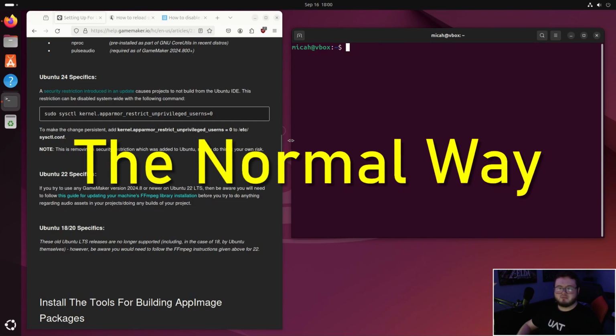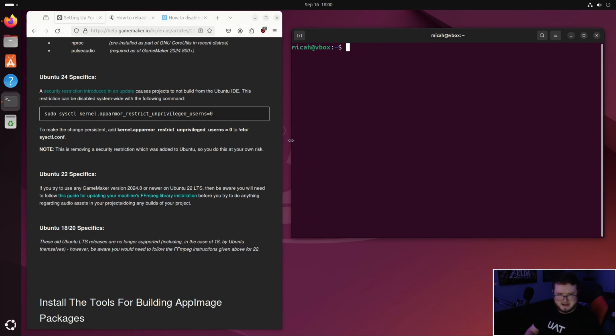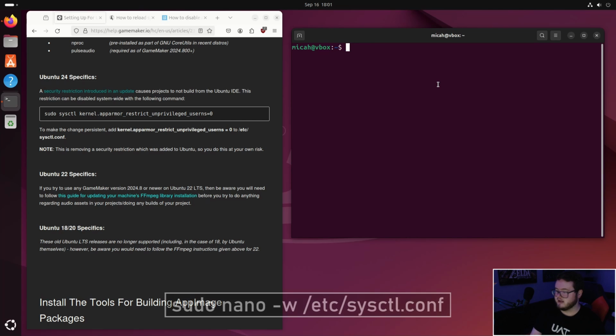So pretty much every main distro should have some sort of command line text editor. One I've heard the most is Nano, and it's on Ubuntu. Ubuntu is a Debian system, so I'm going to assume that for all Debian systems, you should have Nano. Now, I'm working on an Ubuntu tutorial for this, so this is exactly what we're going to do in that tutorial, but we're going to want to type in sudo